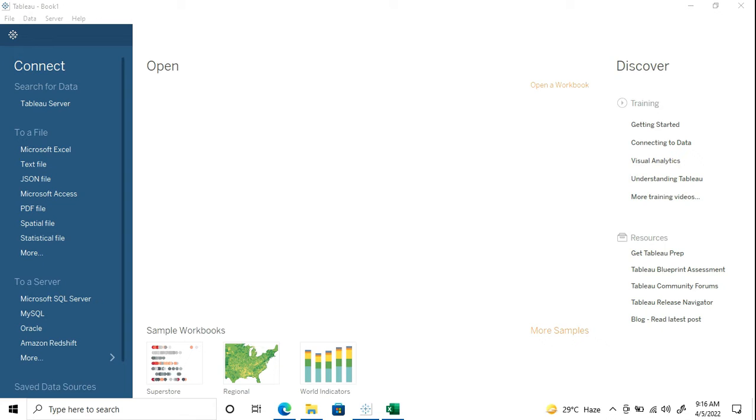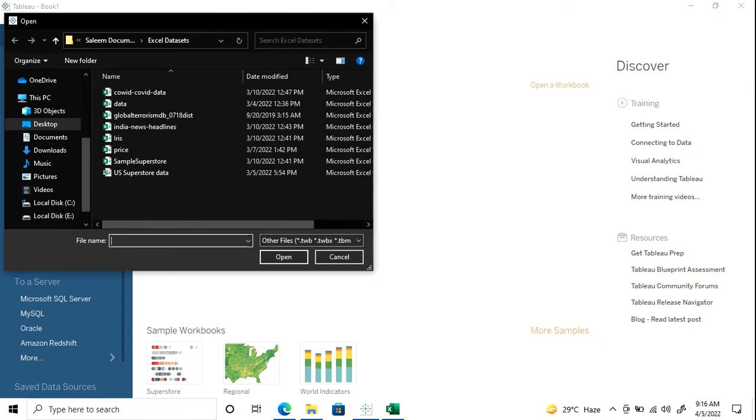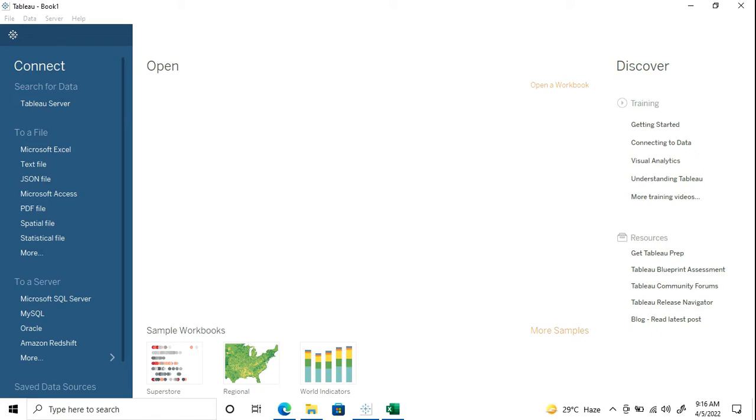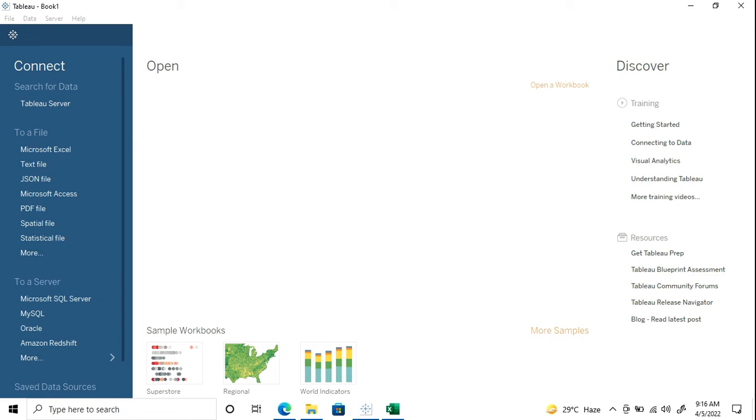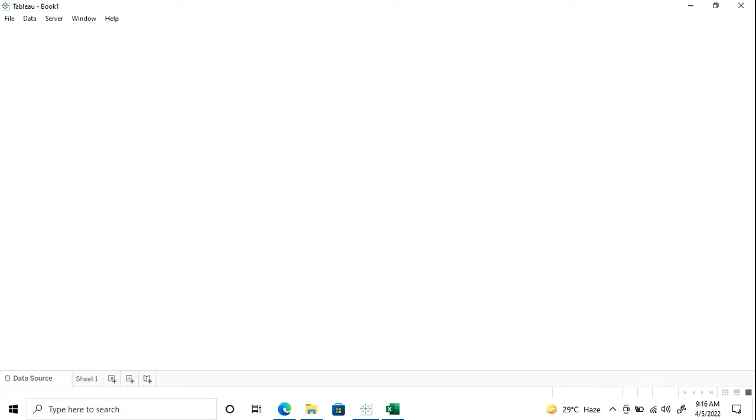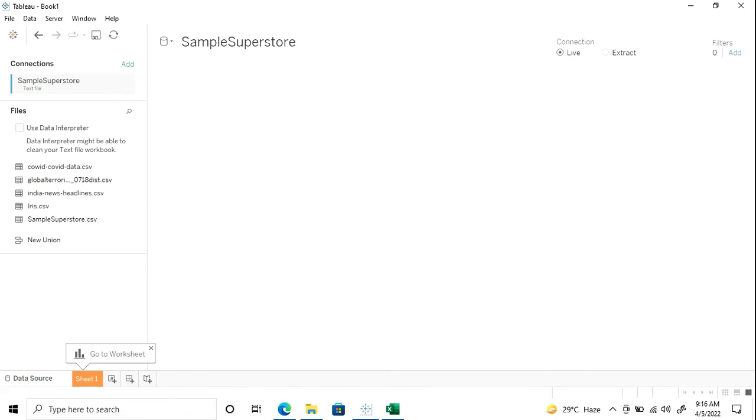charts also. So first I will be importing my dataset, which is stored in a local file on my computer, and I'll be importing Sample Superstore. As you know, we are working on it, so I'll be opening it. It's gonna take some time. Okay, as you can see, it has forwarded me onto this new pane, and it has already imported the data